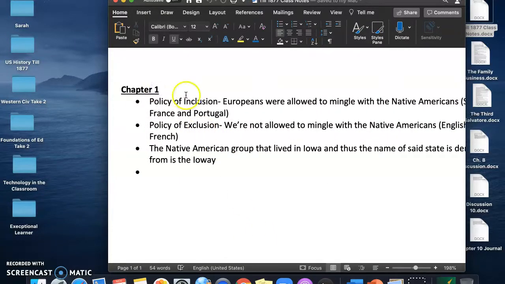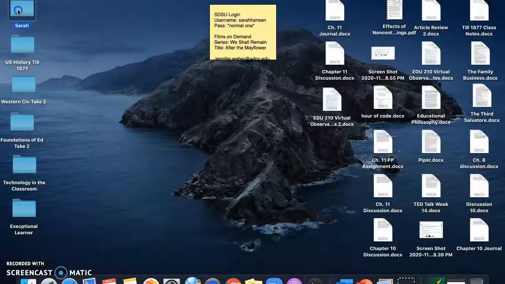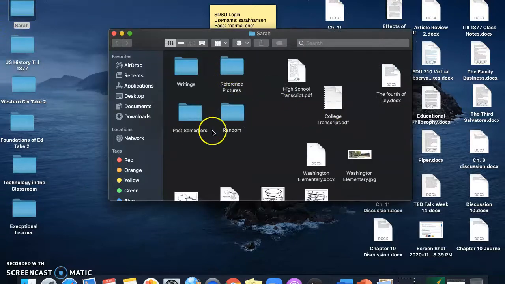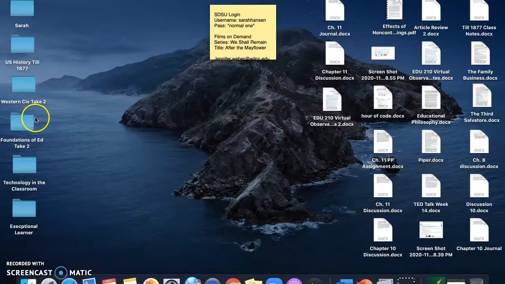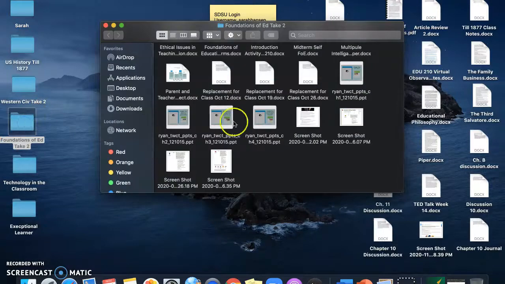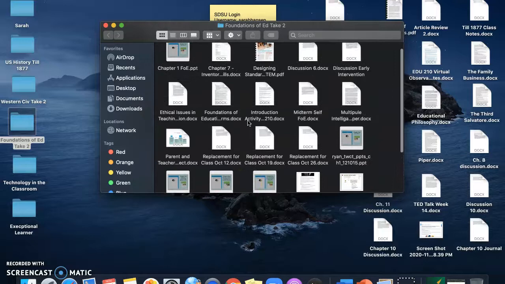What I do is I will write out the chapter and click and highlight it before bolding it and underlining. And then I will do points. Sometimes I will indent if I want to make a bigger list. Let's go through. Let's see if I can find any here that are